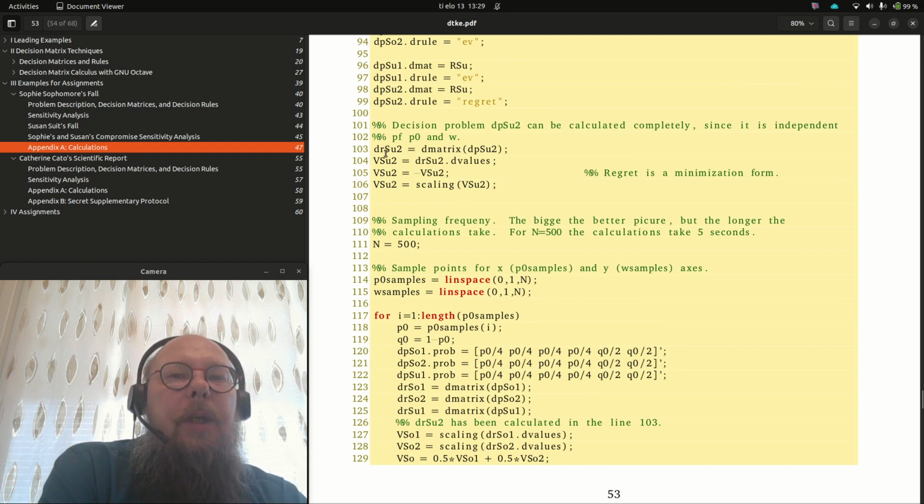So decision result Susan 2 is for the decision problem Susan 2, which is given here. Only these two fields are needed because of the regret rule. The regret rule was a minimization, so we have to turn it into maximization. So I multiplied by -1, and then I scale it. So these are the constant fields, and for the rest of the fields we need